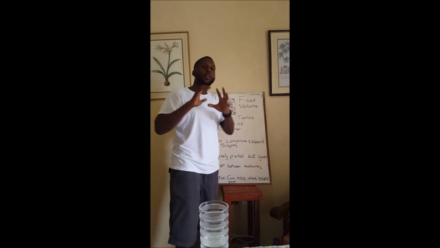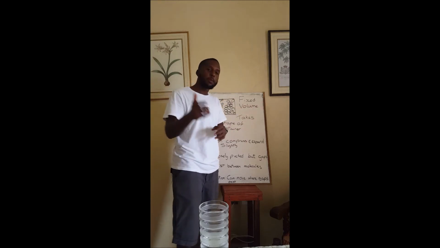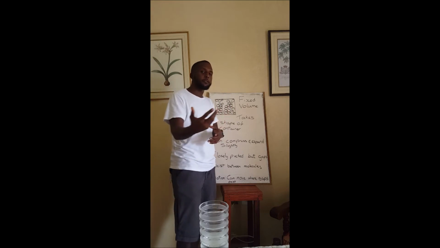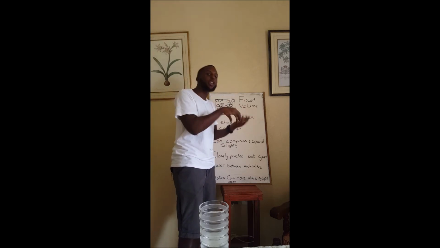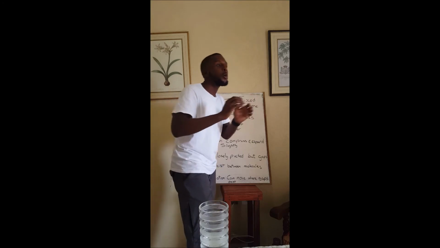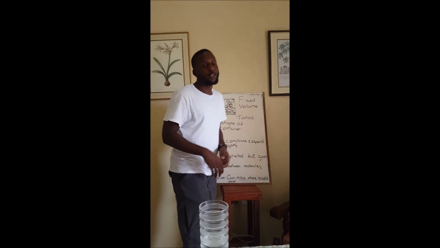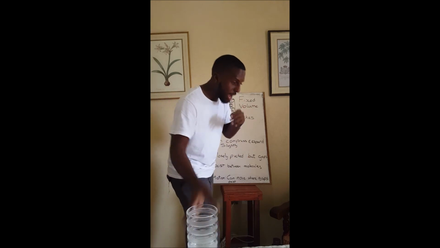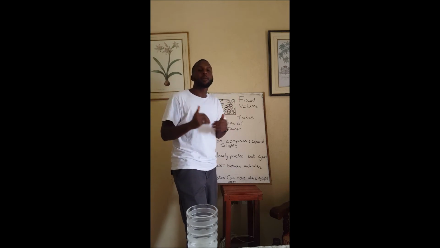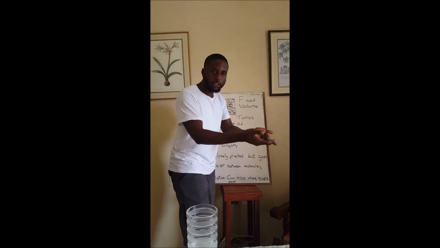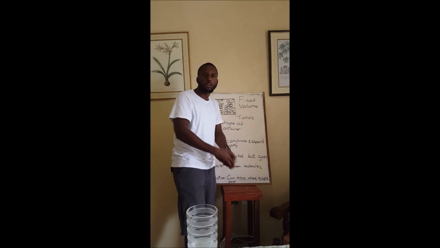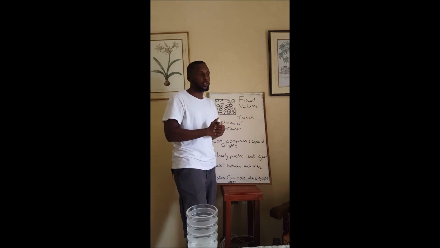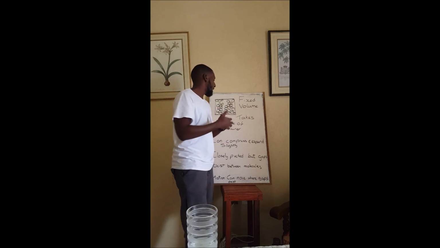Then the liquid takes the shape of the container that it's in. The reason for that is because the forces of attraction are weak enough that molecules are able to flow wherever there is room for them to flow. So that's why if we were to take this cup of water and transfer it from this flat shape into a container with, let's say, a curved shape or a cone shape, as long as the liquid has the ability to flow into that region, it will. So it will take on the shape of a conical or a curved container or whatever container it goes in, as long as it can flow into that region.